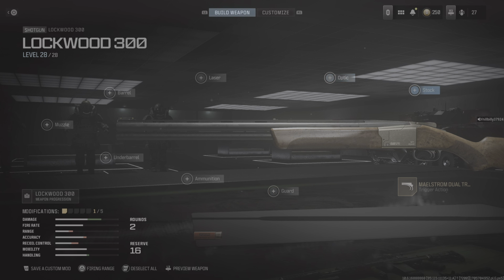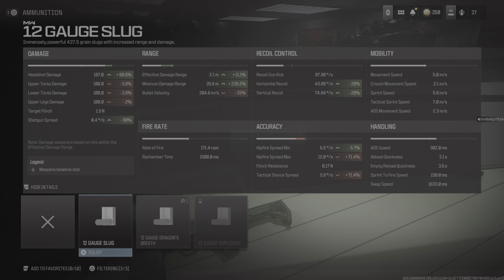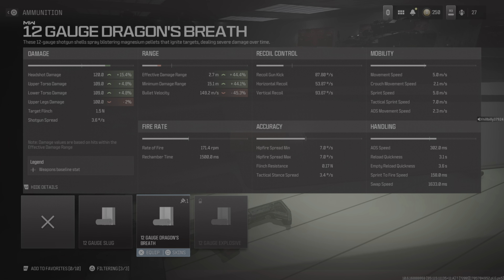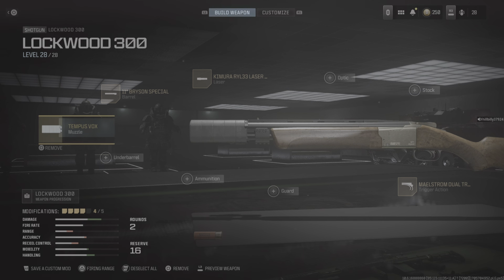which isn't too bad. So we can remove that, and let's put down the ammunition as Dragon Breath rounds. So that will increase your range by 44%. Remove that. 12. Okay, so 2.1 meters. This will be 2.7 meters. So we're just going to make it to where it is slightly worse all around. So you're going to make it to where it's just normal 1.9 meters, which isn't that